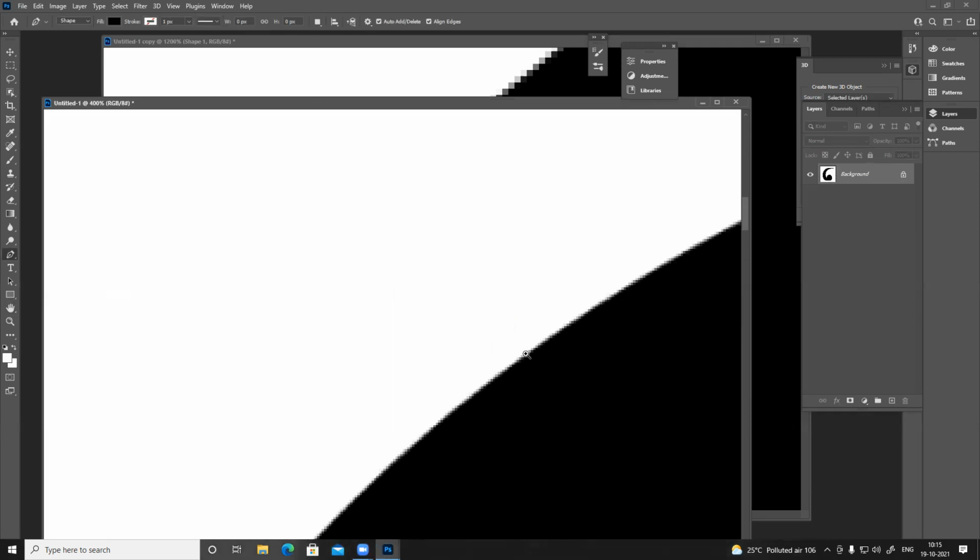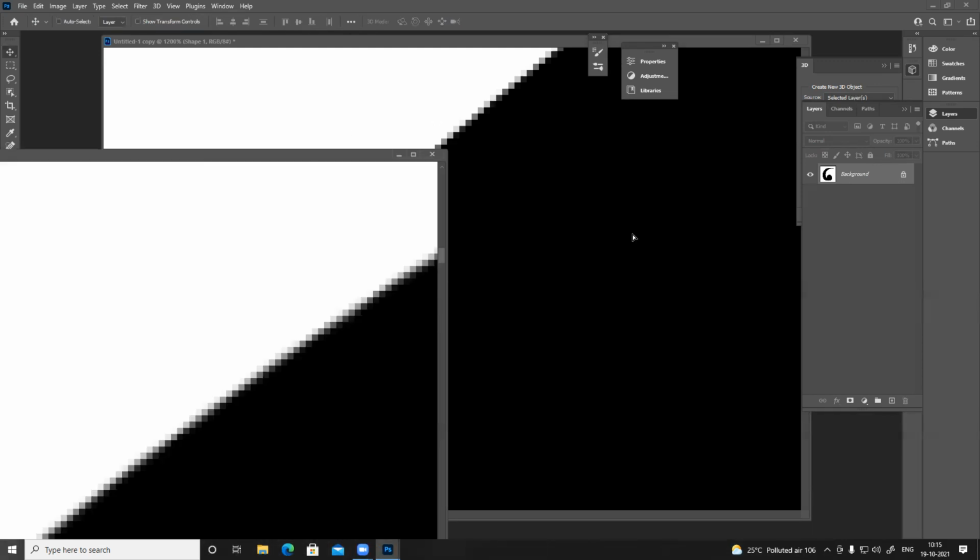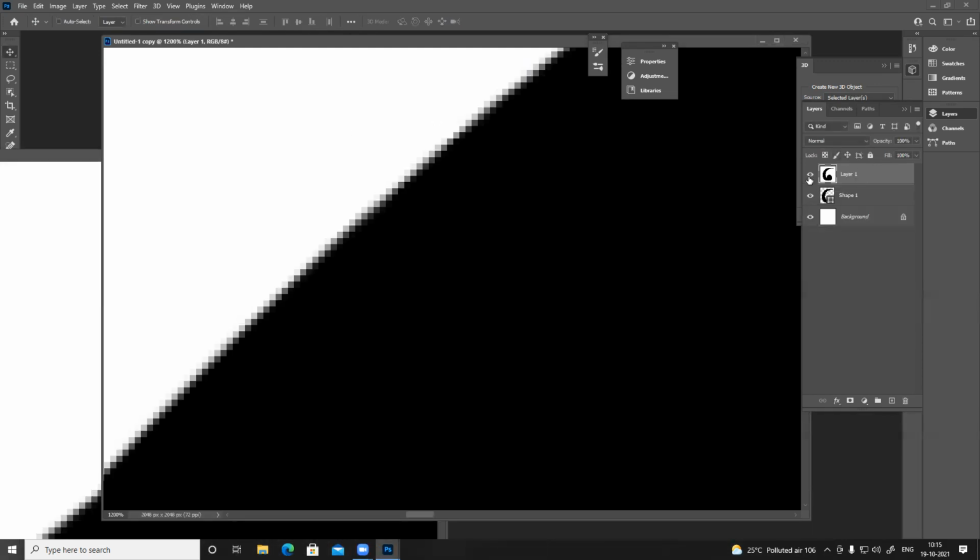Now, if you see the corners, you can see it clearly, right. Now I'll drag and drop this into here. This thing you can see clearly, the blurriness, because this one is raster, this one is vector. So the moment you convert into raster, it will store all the information in pixels. So if you increase, it will go blur. If you decrease, it will become sharp.